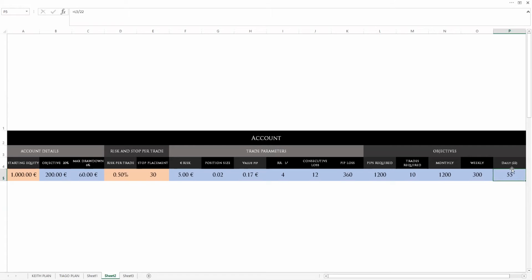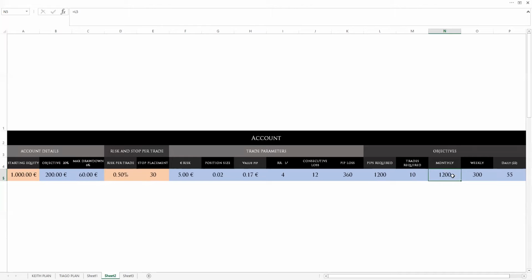So you need 55 pips. If you want to make 20% in 1 month using 1 to 4 with a 30 pip stop, you need to make 55 pips daily or 300 pips a week. Now, does your strategy allow you to do this? The answer is probably not. So what do you do? Instead of looking to trade it monthly,